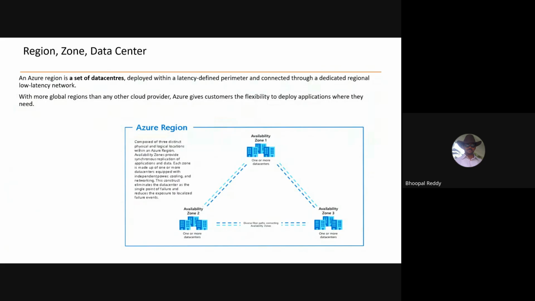A 3-year reserve means there is no cost increase, right? So it's a fixed cost. Fixed cost. And one more thing, it is a discounted cost. Fixed and discounted cost. Yes.